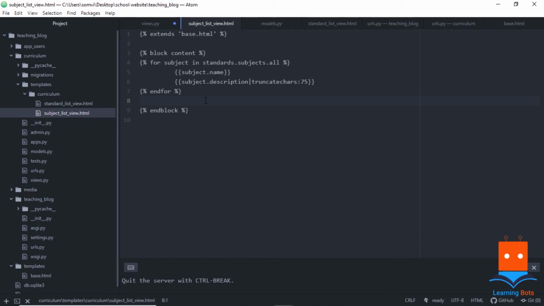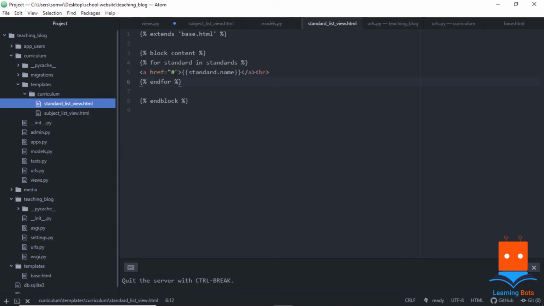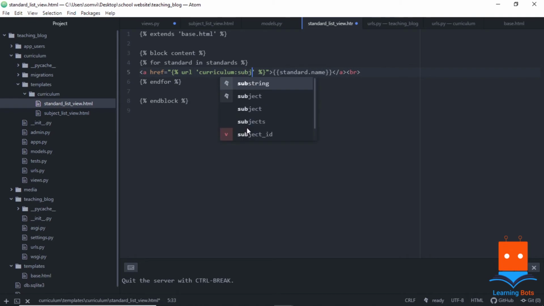But before providing a URL for this page, we need to provide a link or anchor tag link to our previous page, that is standard list view, so that we can get subjects of that particular standard. If we go to standard list HTML, we have used one anchor tag. Now let's give a link to this. We will use template tagging. We will provide one URL. This URL will redirect to curriculum, and let's say subject list, and here along with this we will be providing slug, and which will be